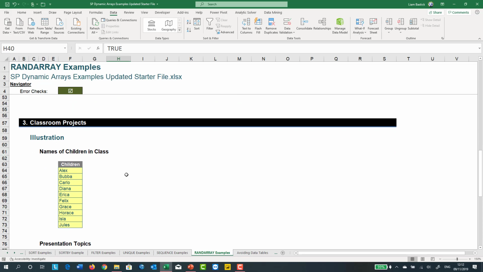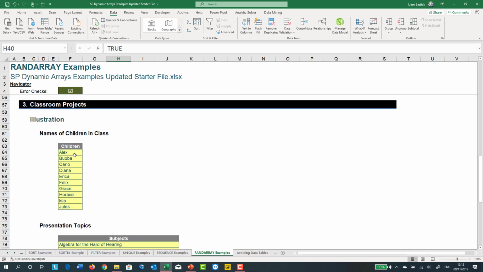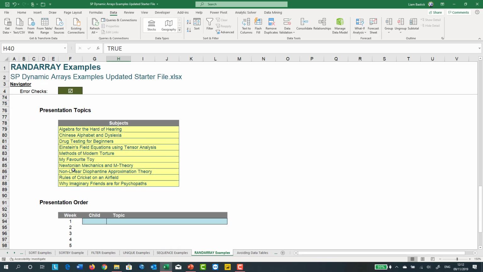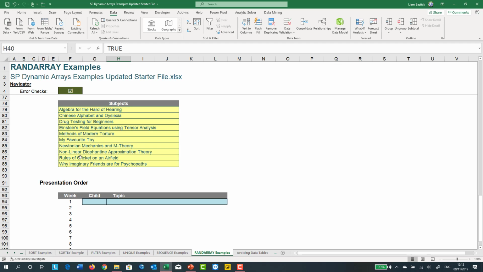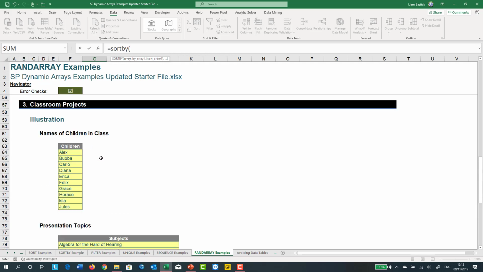Let's say I'm a school teacher and here are my children in my class and some of the projects I want them to do, and I want to assign them a presentation on a random basis and which child goes first. So the way to do this is to use SORTBY and RANDARRAY in conjunction. To generate the child, I'll use SORTBY, open brackets, and what I'm going to sort by, I'm going to specify I want to sort these children here, and I'm going to do RANDARRAY,